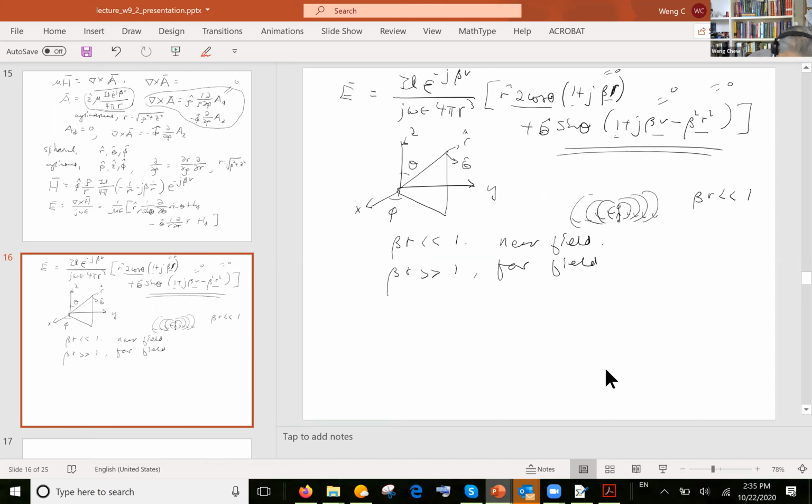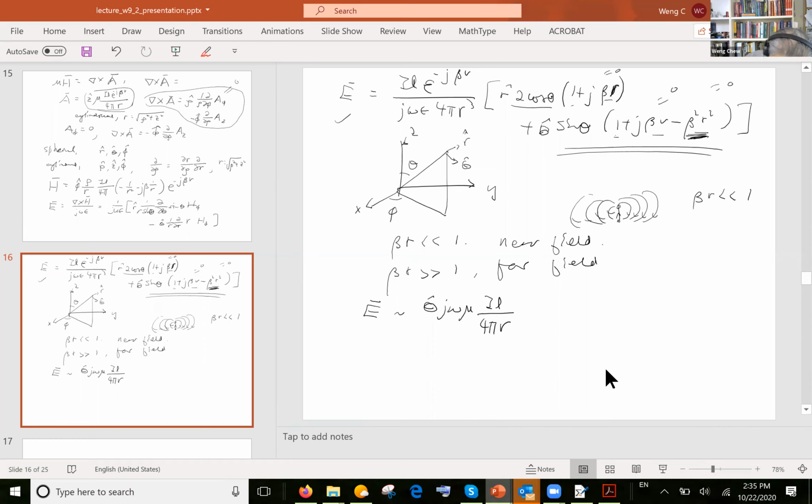Then you can make an approximation to your E, keeping only the large terms of beta r. You can show that the largest term of E is this term over here. If you keep only that term, you can see that E is pointing in the theta direction, and then j omega mu